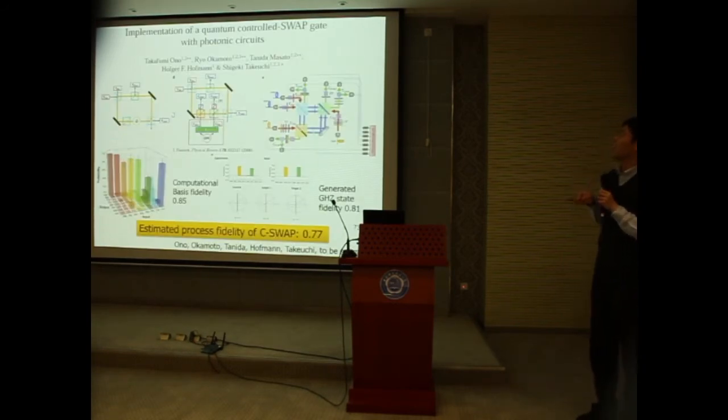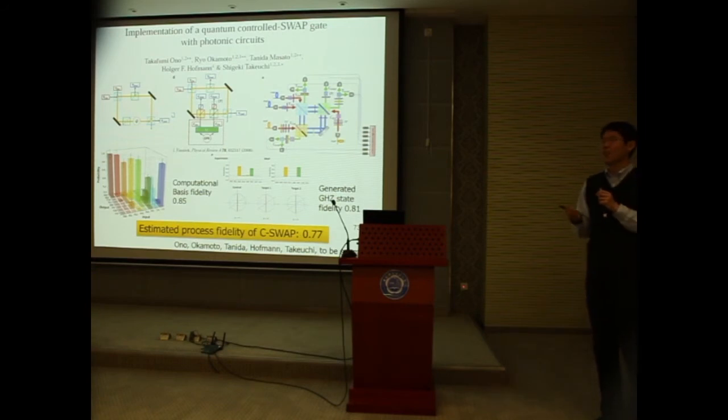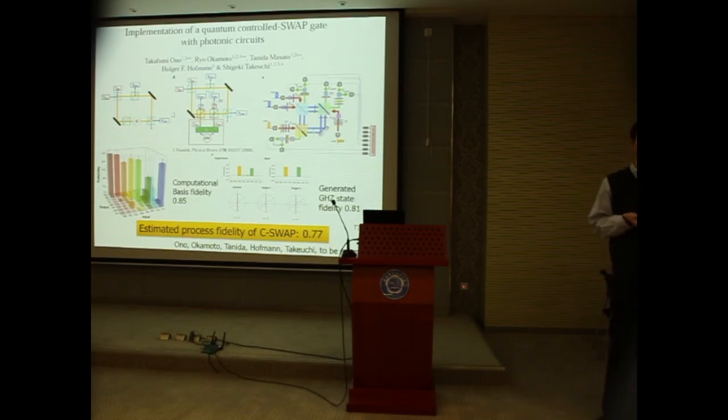The first one is we are able to demonstrate implementation of a quantum-controlled swap gate with a photonic quantum circuit. And actually, we used a different strategy from the group of Jeff in Griffith University. They are going to show their most updated data tomorrow. But the two groups are using different strategies. Our strategy was proposed by Fluorescence